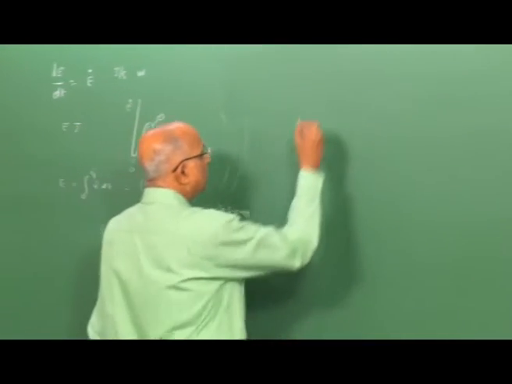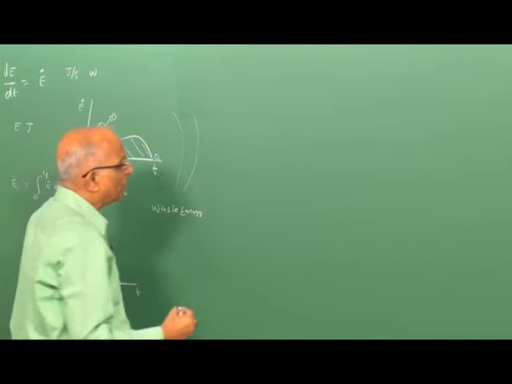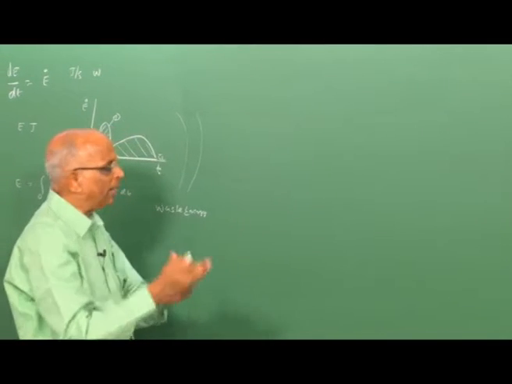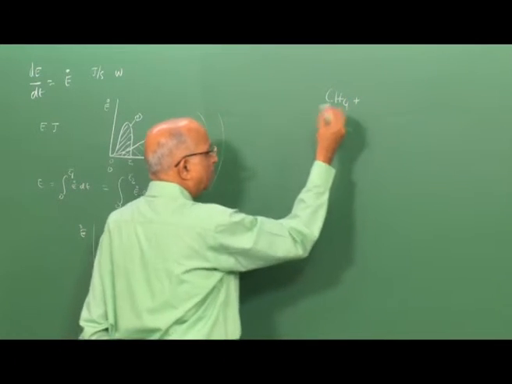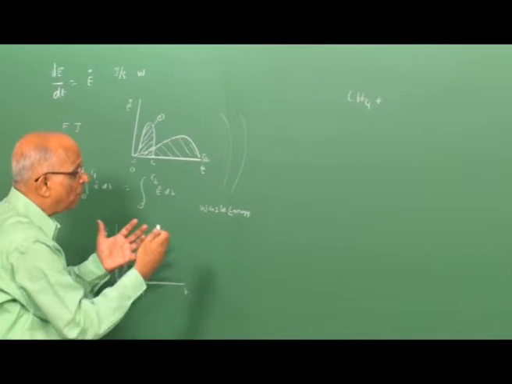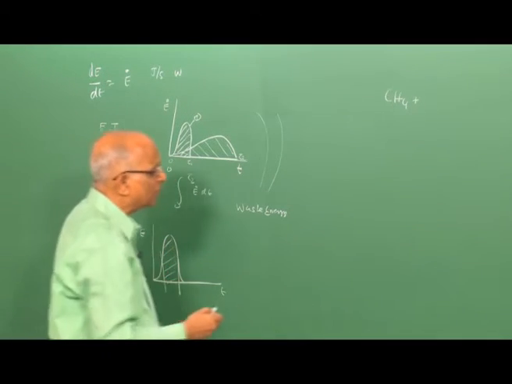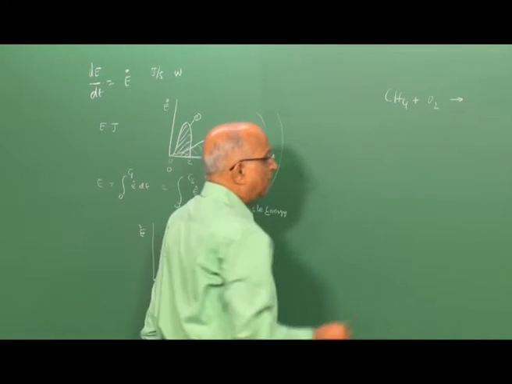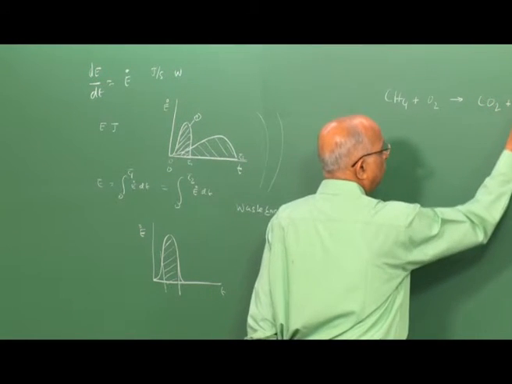Supposing we have something like methane. Methane was there in the greatest man-made explosion ever, when methane diffused with air and formed an explosive mixture, let us say when the two trains went by and created turbulence and mixing. Let us assume that methane burns with oxygen, because I am not interested in calculating energy. We know how to calculate the energy for stoichiometric compositions, for fuel rich compositions, for fuel lean compositions. Let us just take the case where it reacts with oxygen, and I have completely burnt products of combustion. In this case, I have CO2 and H2O.